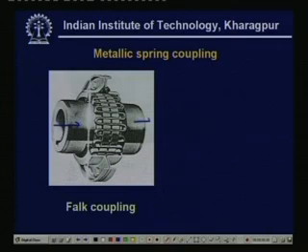Here there are two flanges, and there are two hubs here, two protrusions something like this, and there are slots cut over here. On the top of the slot we use the springs as you see here. So there are springs and these springs look like